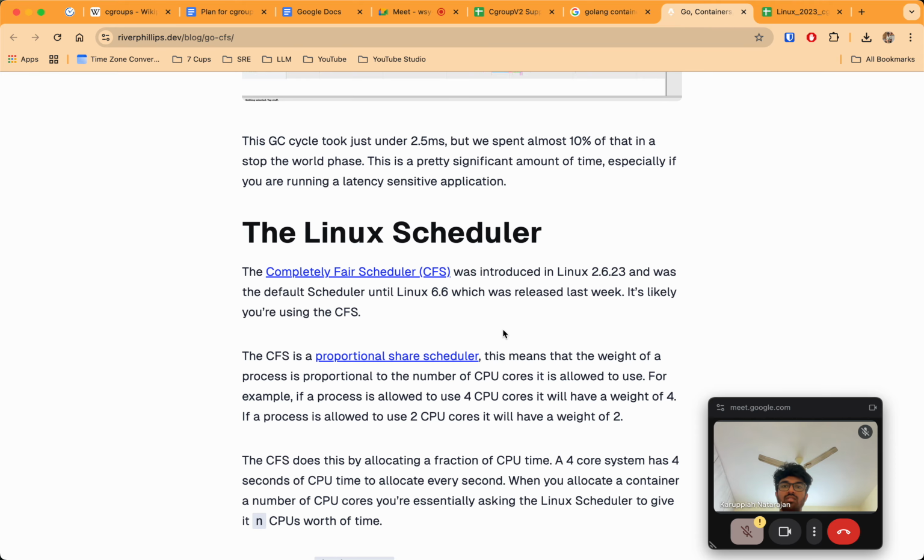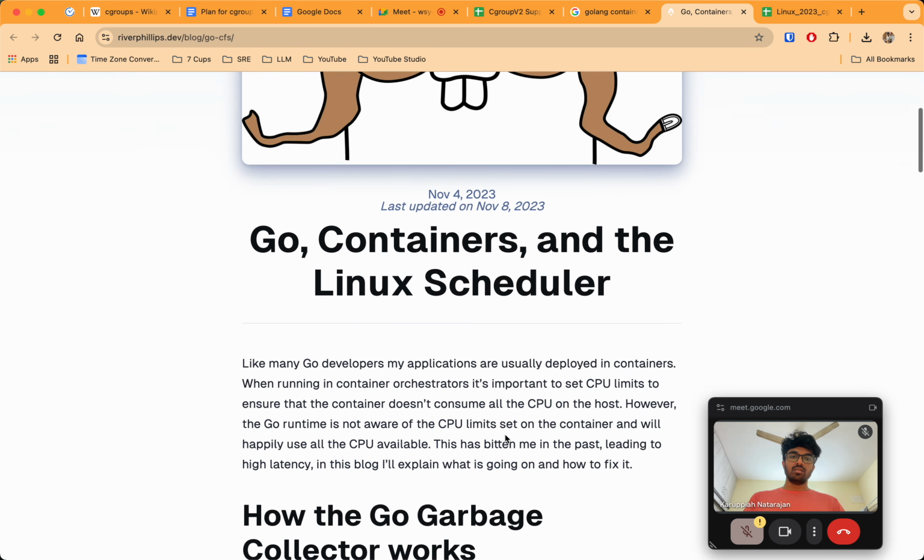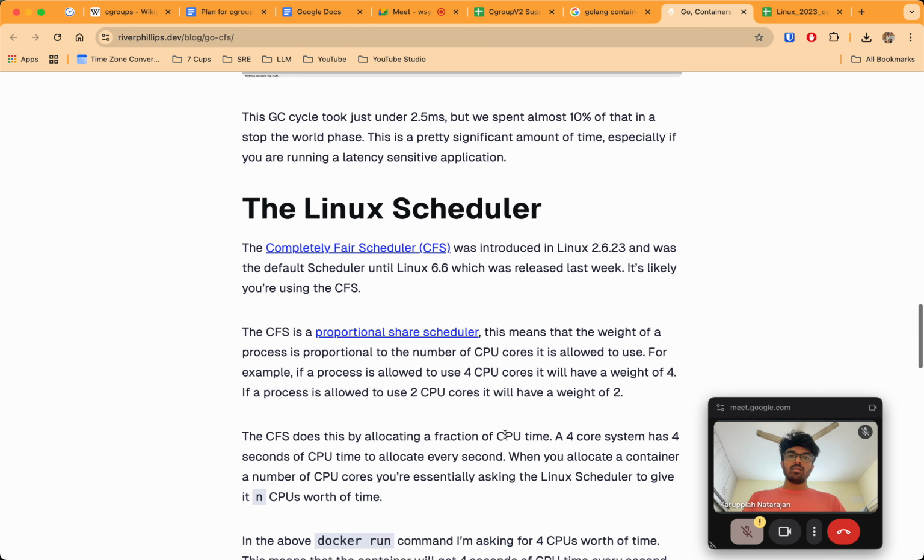It's a proportional share scheduler, until EEVDF was released last week. This was in 2023, so it's likely you're using that. The CFS is a proportional share scheduler.